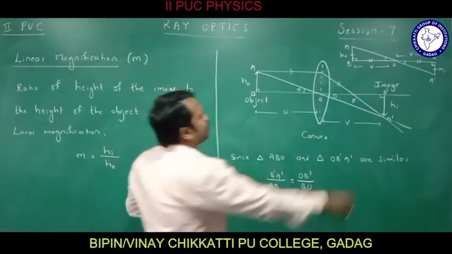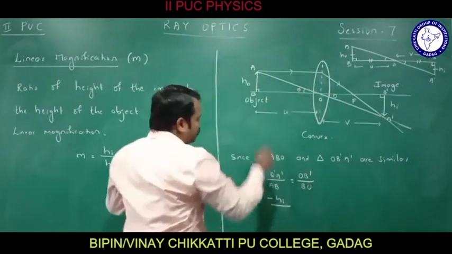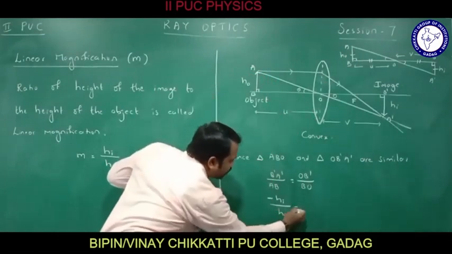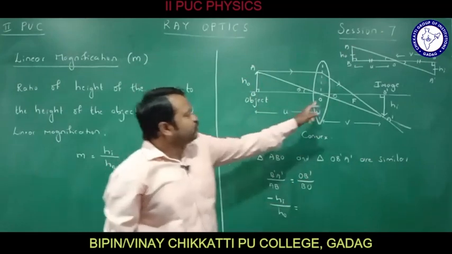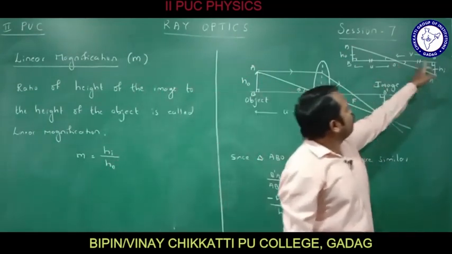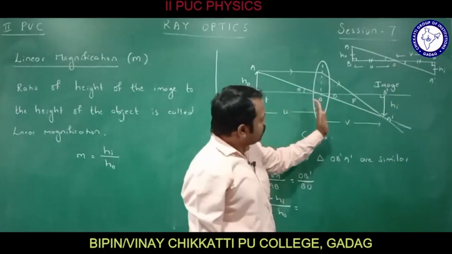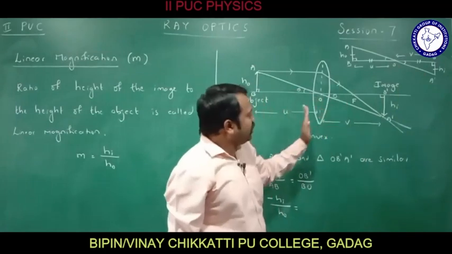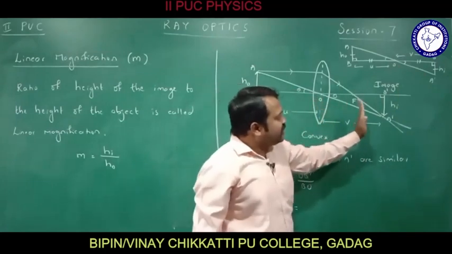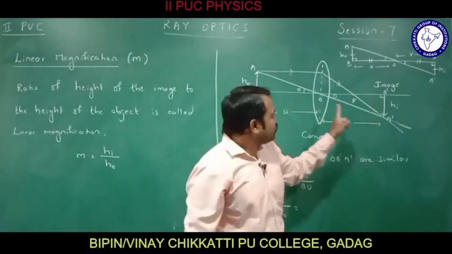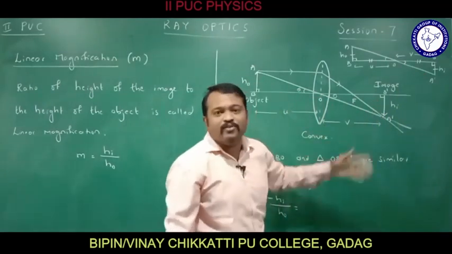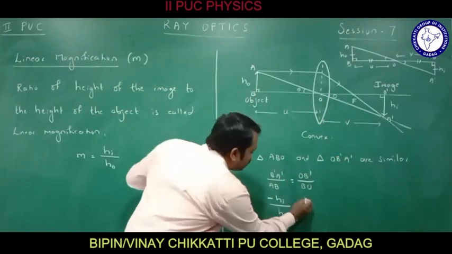What is AB? AB is the height of the object, so I take it as HO. That is equal to OB'. Where is OB'? I am moving from the optic center to the image, in this direction. Is it in the direction of the incident ray or opposite to it? It is in the direction of the incident ray, so V is positive. So let me take it as V divided by